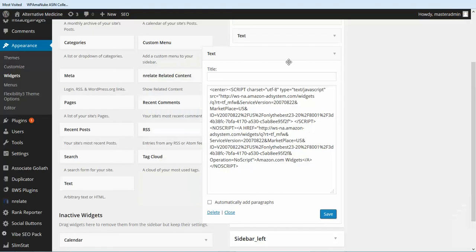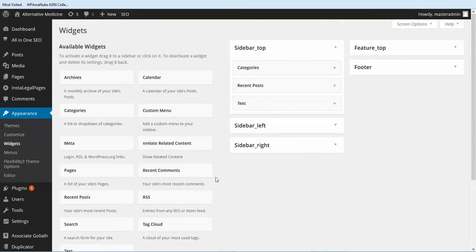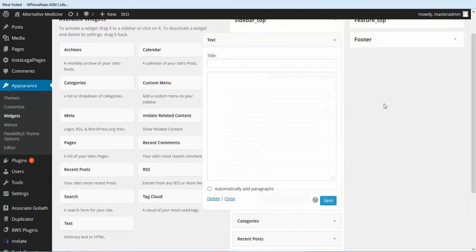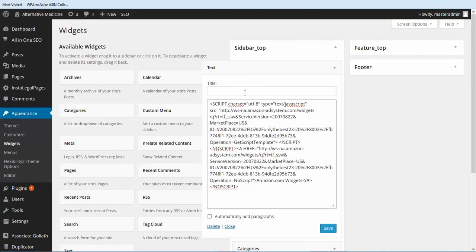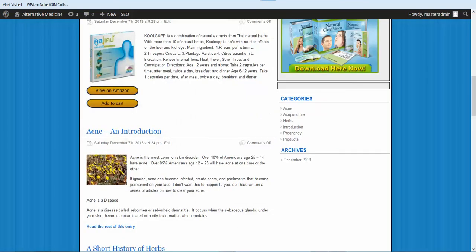You're going to come back over to widgets, and we're going to delete this widget. What I'm going to do is add a new text widget. I'm going to move it all the way to the top, and I'm going to give it a title of hypnotherapy, and then click save. So if we refresh our site,